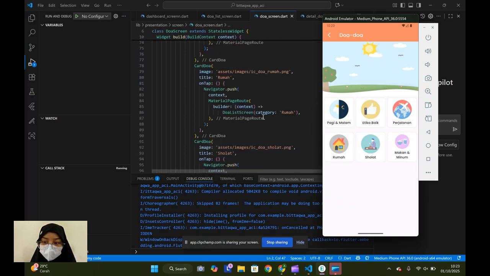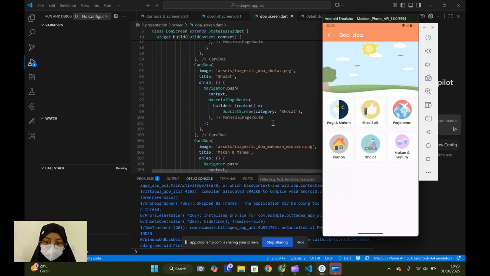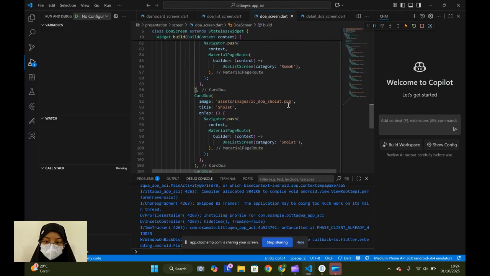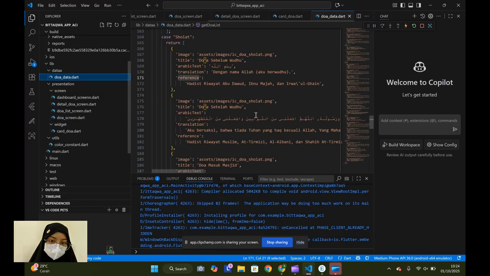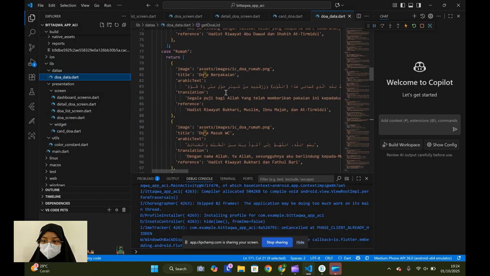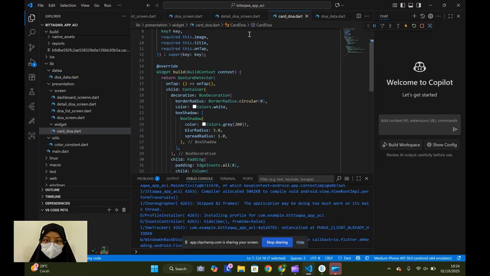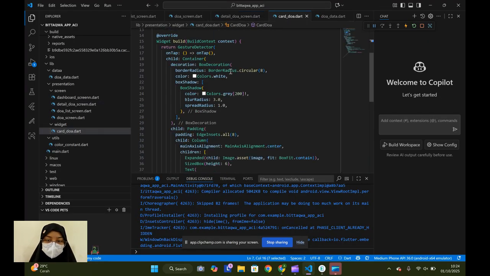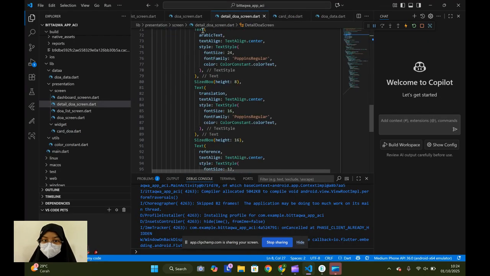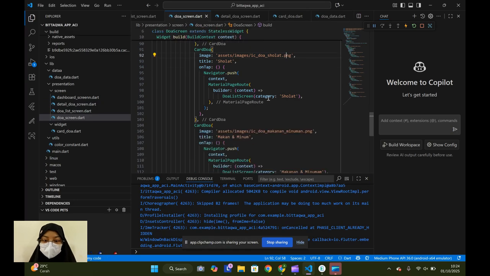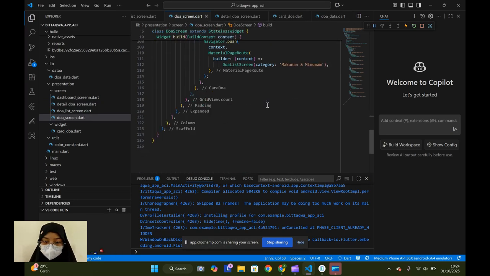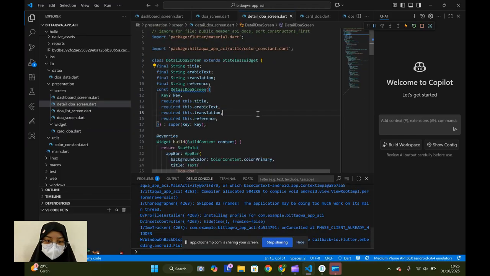Do the same six times, and don't forget to change it here. By the way, this is a string. This string I make the same as the data doa here. So if in your data doa the key is bagian malam, in the bagian malam icon we should type the same, because if different they will not detect it and it will show null. Yes. The next screen is